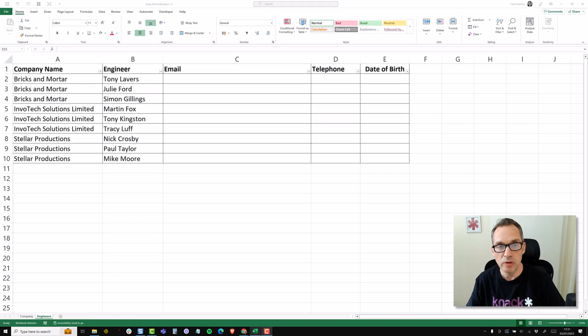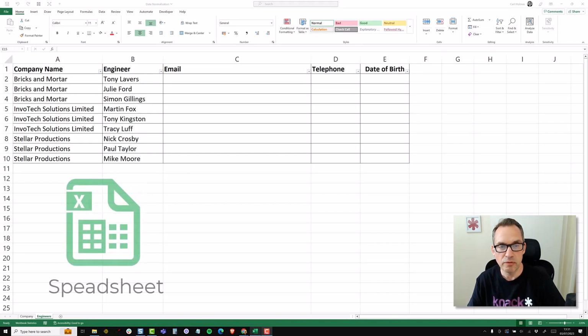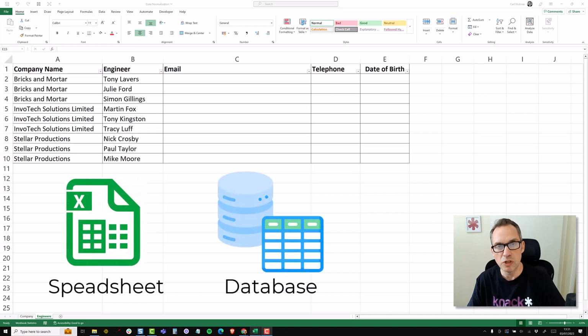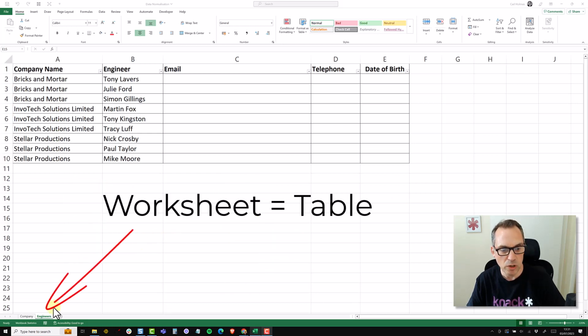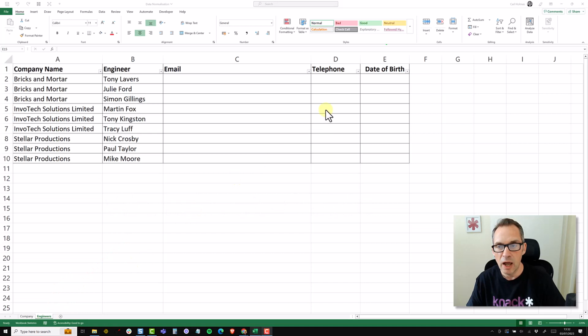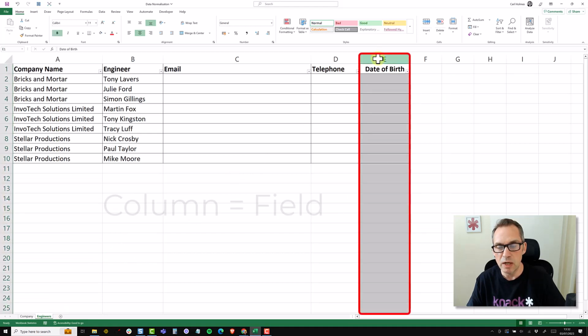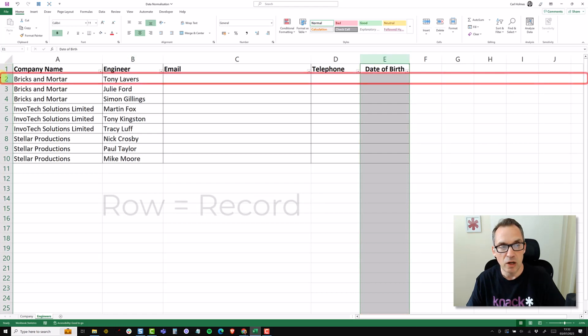Before I share with you the diagram of what we're going to build in this series, I just wanted to cover a couple of different terms that are different between spreadsheets and databases. Now, I think most of us will be fairly comfortable and used to dealing with spreadsheets, and what we're looking at here would be a worksheet for engineers. So in a database, this would be a table, so it would be a table of engineers. And in a spreadsheet, this would be a column, which in a database would be a field, and a row